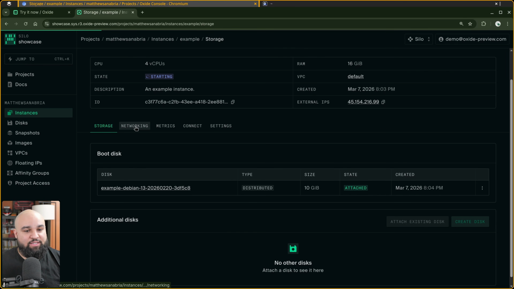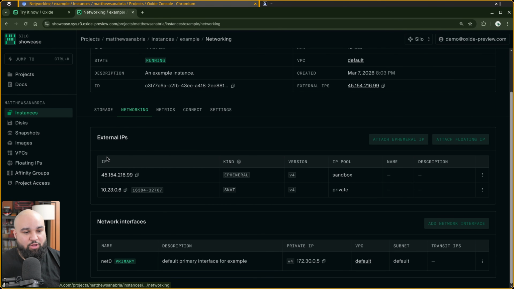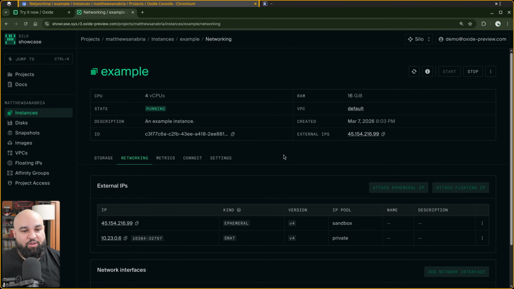If you click the Networking tab, you'll see all the external IPs and the internal network interfaces. And notably, you'll see the private IP address that came from the VPC. So you get a lot of nice information about your instance here. One thing I like to show people is if you click the overflow menu on the top and click View